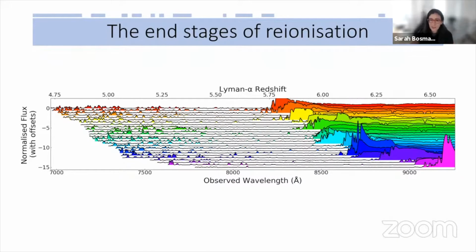Reionization is a phase transition by which the hydrogen in the intergalactic medium goes from being completely neutral at high redshift to homogeneously ionized around redshift 5 and then all the way to the present day. We can probe the end stages of reionization quite conveniently by using high redshift quasars as skewers, as shown here. So the continuum emission of the quasar is absorbed by the foreground IGM.